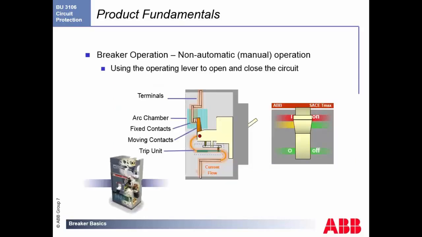So how does a breaker work? Non-automatic manual operation is just using a lever to open the breaker. As you see, the power comes into our terminals here. We will go through normally through the arc chamber into our fixed contacts. The power then goes through and the current flows out to your branch where your circuits and all the products